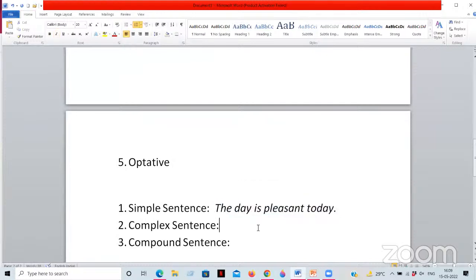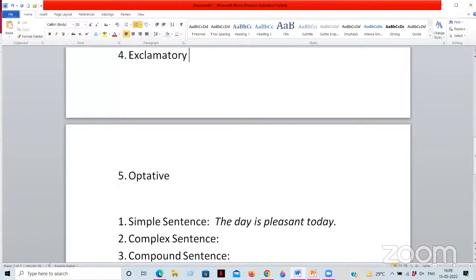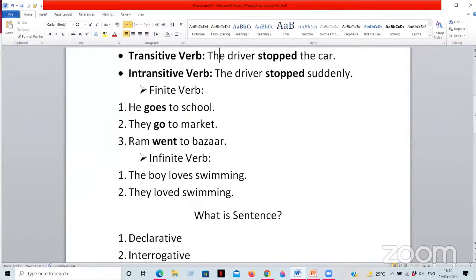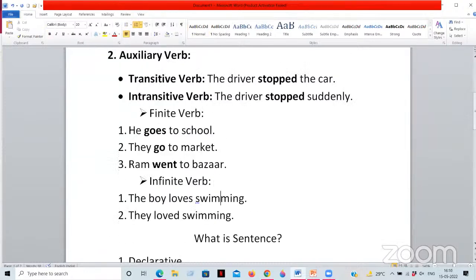Now, what is a complex sentence? To understand complex sentence, we have to spend almost 3 to 5 days to understand clauses. There are several types of clauses. I cannot explain them in a very short view. So it will be your duty to study that at home. And in the next class, I will talk about